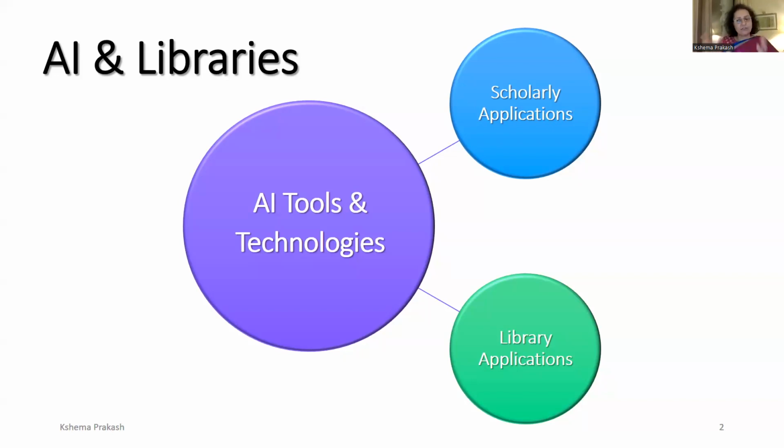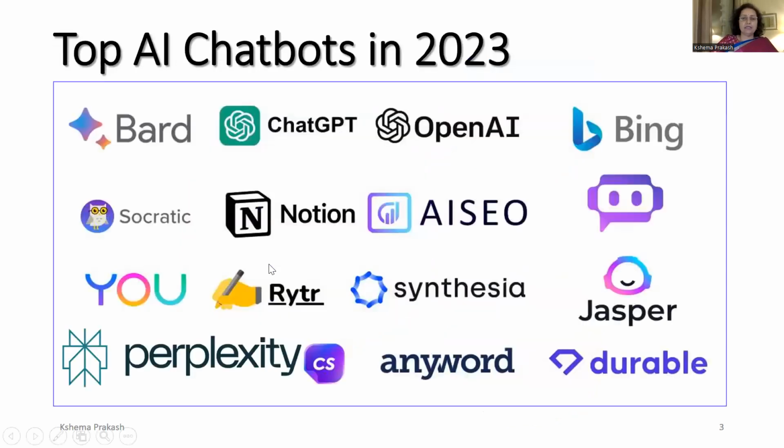And then there is another set of a gamut of applications, the library applications, which have not yet been developed, but what we look at developing in the coming time. So all these tools my previous speakers have spoken about, and we have jumped into using them, and a few of them we know their advantages and their limitations as well. Let's say Bard or ChatGPT or Bing or Perplexity or whatever we are using.